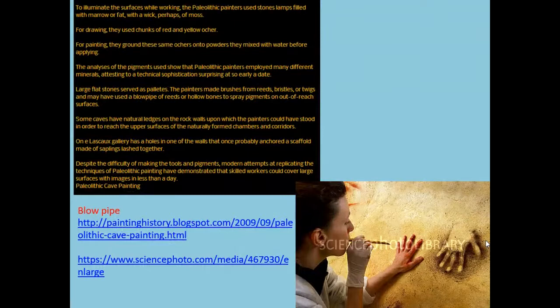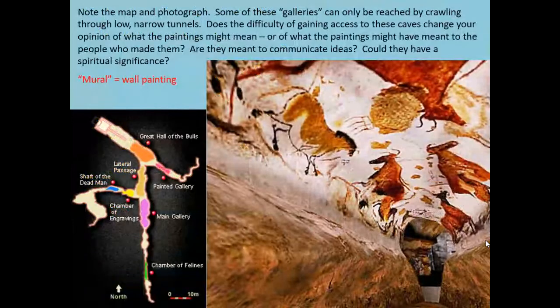There's the blowpipe, which could have been a reed or a hollow bone, but you can see here a contemporary person using their own hand to make handprints in the style of our prehistoric cave ancestors. We definitely use the term mural for paintings on walls, and we can apply that all the way back to the prehistoric times. The reason I wanted you to see this slide, though, was just to remember how difficult these